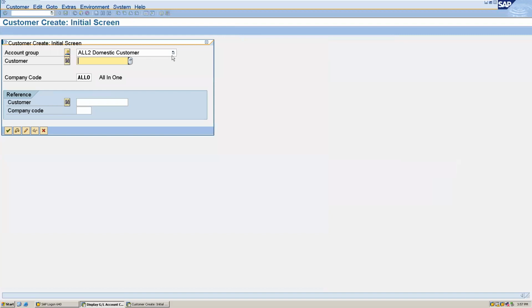The account group which I created was ALL2. I have to check the number range, which I maintained between 30 and 40. So I will give this as the customer number.